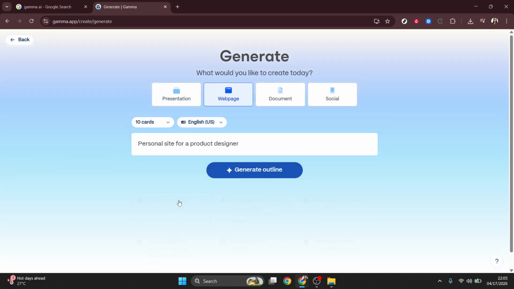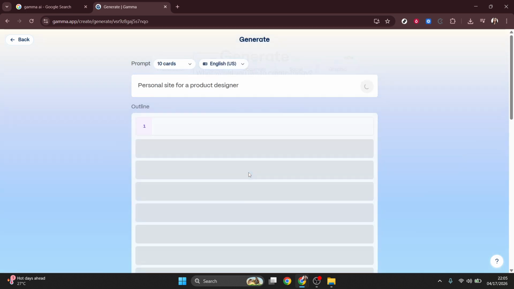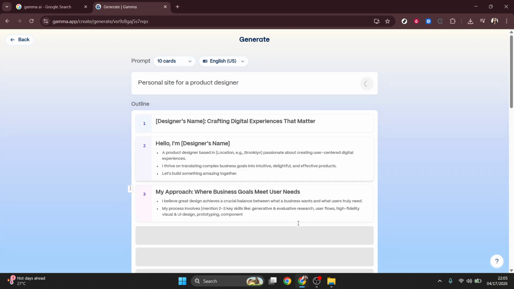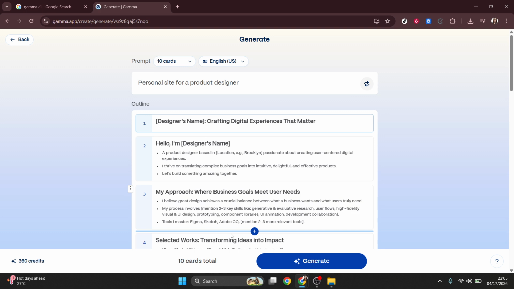Now tell Gamma what you want to make. Type a clear prompt describing your site's purpose and audience. For example, create a landing page for a digital marketing agency, portfolio website for a virtual assistant, or sales page for an online course. The more specific you are, like target audience, tone, and desired sections, the better your first